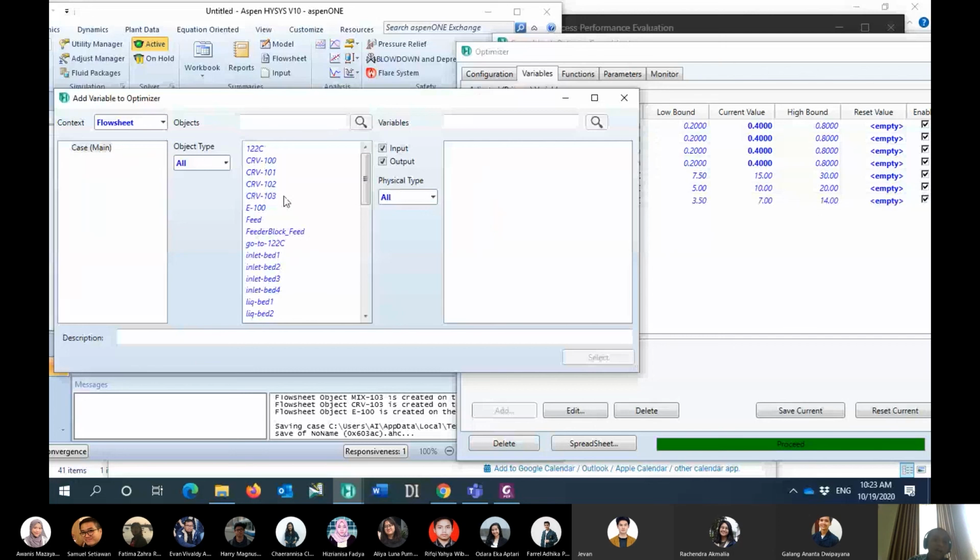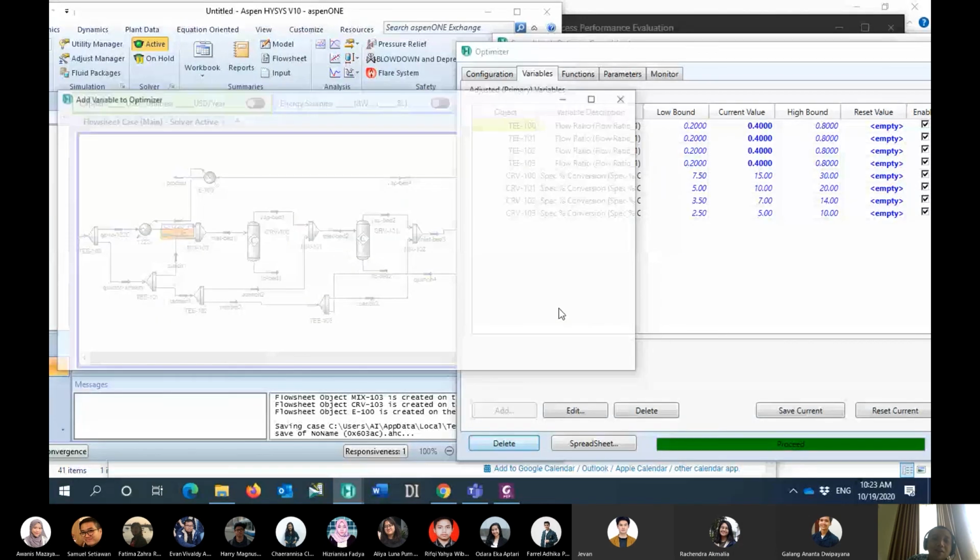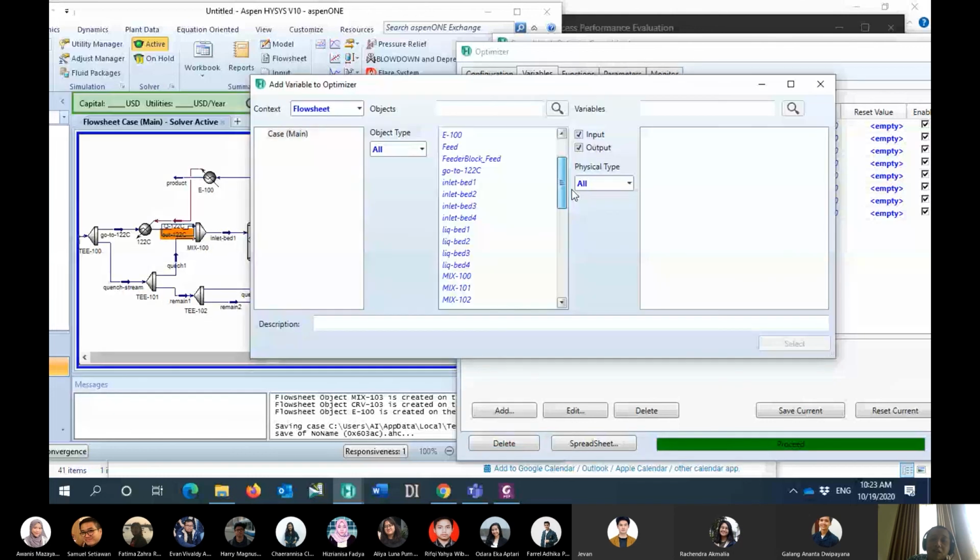And then remember I defined this one as the outlet temperature directly. So I have to do one stream out, this one inlet out, this one is the temperature.